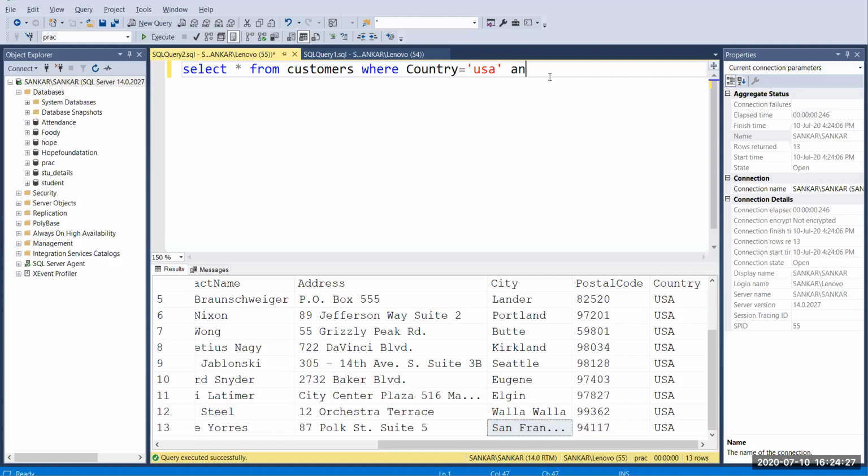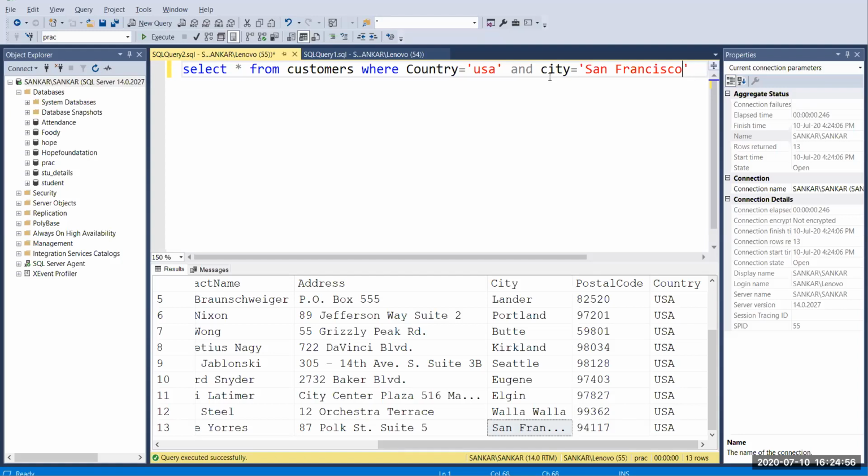Here I want to get where both conditions are true. So here you can pass city equal to, inside the quotations, San Francisco. So now you get the customers from USA, and also you can add one more filter, the customer who is from San Francisco in the US country.